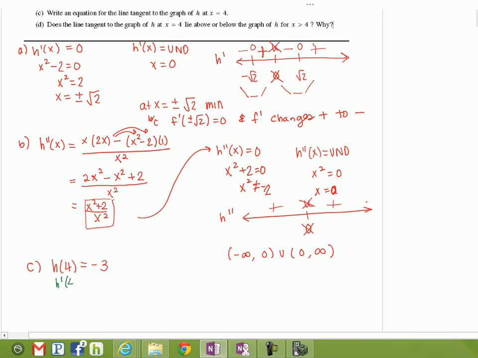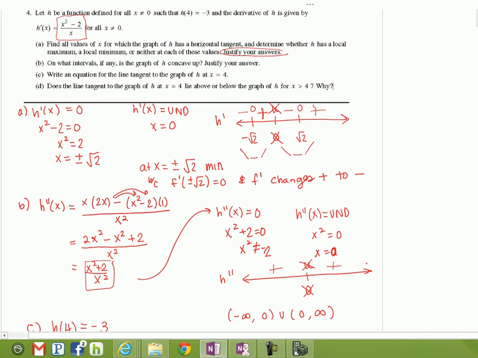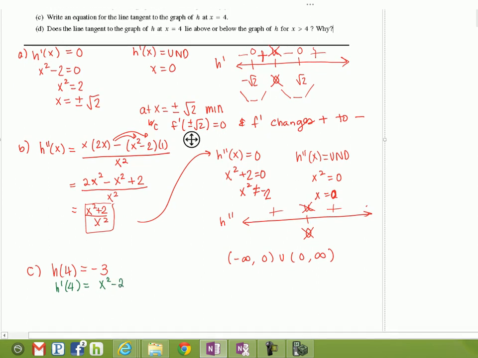H prime of 4 would be, I believe that was x squared minus 2 over x. So 4 squared is 16 minus 2 is 14 over 4, which is 7 over 2. The equation of the tangent line then would be y minus negative 3 is equal to 7 over 2 times